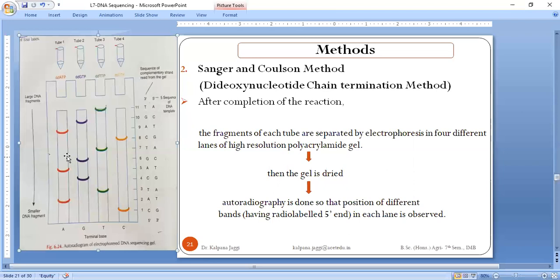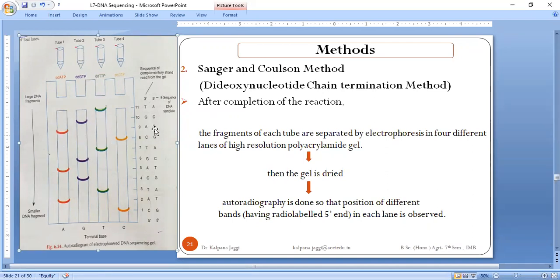by electrophoresis. Under electrophoresis, the larger DNA fragment will remain behind, because within the gel there are pores, and through those pores the DNA molecules migrate. The one whose size exceeds the size of the pore will also migrate through the gel, but its movement will be slower, right? So larger fragments will remain at the end, and the smaller fragments will move very quickly to the next pore.